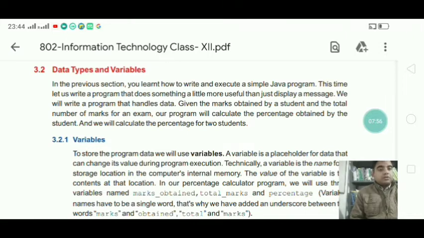The primitive data types are declared by Java, that is, predefined, and the non-primitive data types are user defined, based on the need. The primitive data types we'll discuss right now.